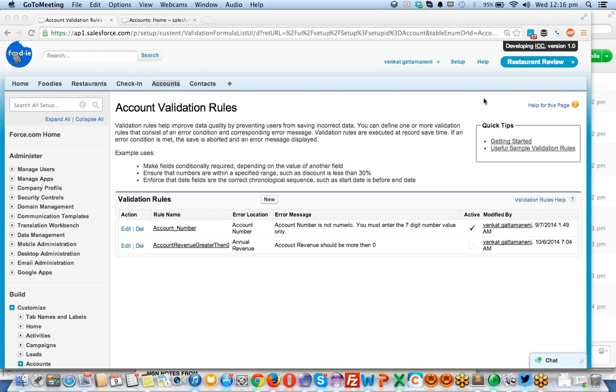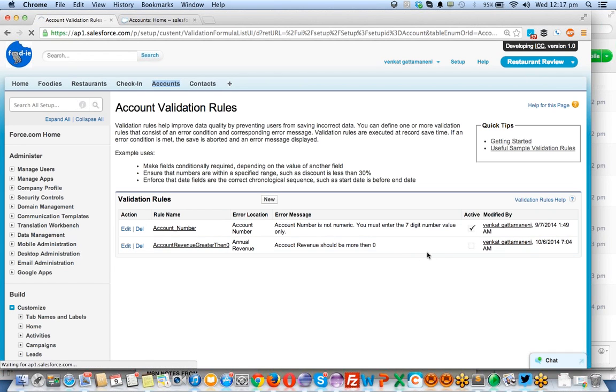specific object. You can also create validation rules on a specific object. These validation rules you can deactivate and activate whenever you need. Currently, when I am starting this class, the two validation rules are deactivated. Now I am activating again. Yesterday I activated one validation rule, and I am activating one more validation rule now by